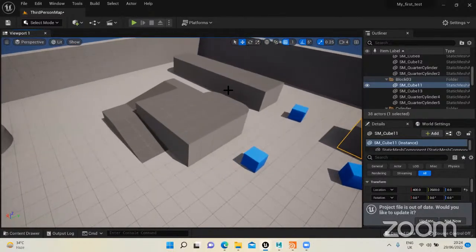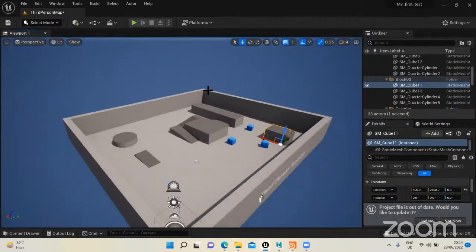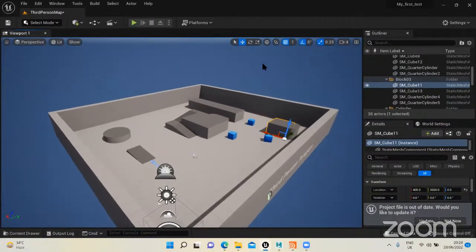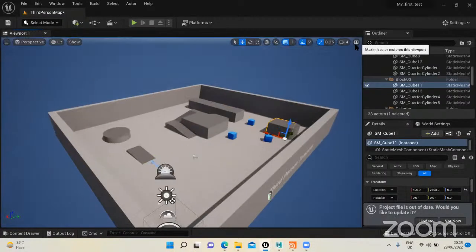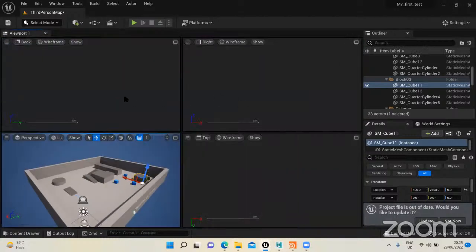Right. So okay, that's good. This is one entire panel. So if you want the 4 panel like we had in Maya or Grasshopper, you can just click this on the right, sorry. We have this, maximizes this viewport. And then you can go to,